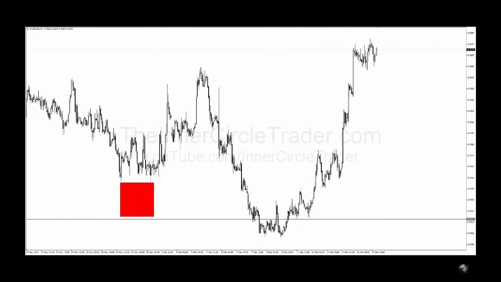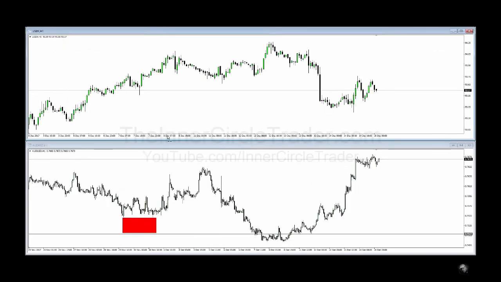So let's take a look at this price action, bringing in the dollar index on an hourly chart as well. All you have to do is take your chart and open up an hourly chart. And for